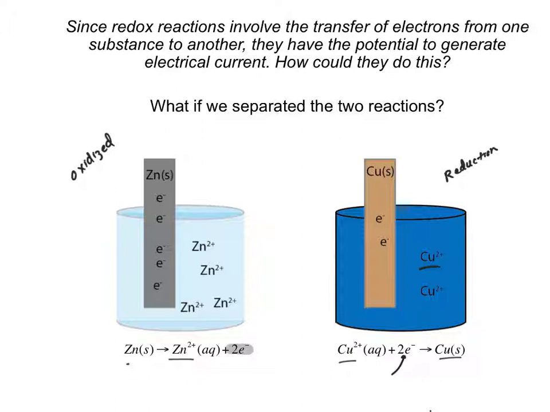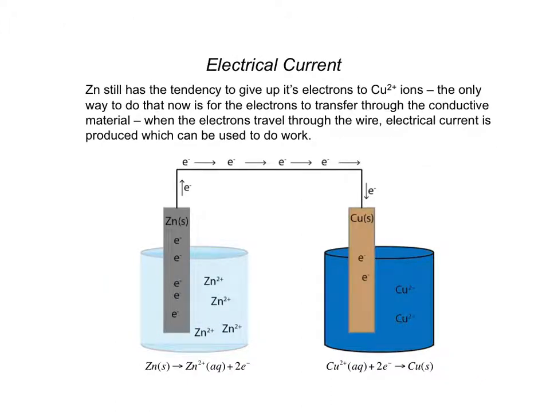If we connect them via some sort of conductive external circuit, this spontaneous redox process will still occur. Zinc will still give up its electrons. It will still be oxidized to these copper ions, producing solid copper on the surface of our little reduction half reaction. So this is the basis behind all of electrochemistry,